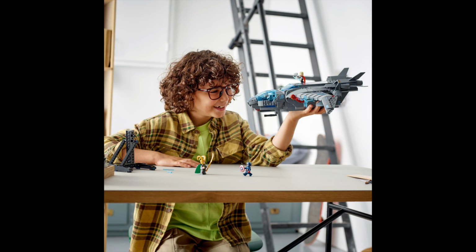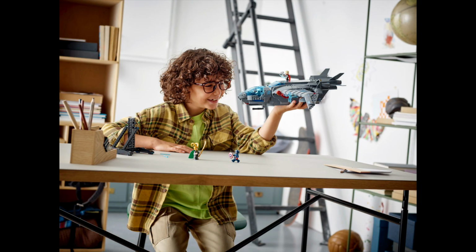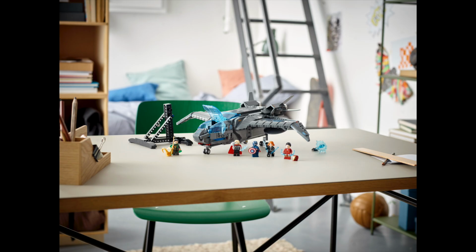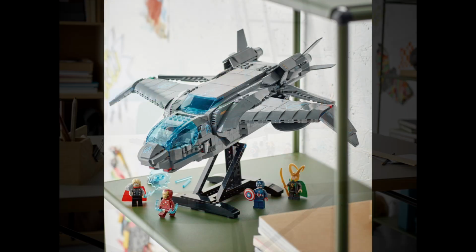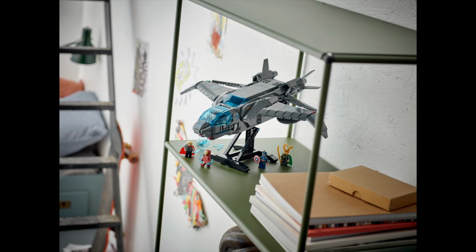Even Black Widow in a new suit as well with arm printing, which is wonderful. So the minifigure selection is fantastic here. Wouldn't have really wanted to ask for anything else. I guess we could have gone for, I don't know, Hawkeye or Hulk, but this is pretty good. If you're only going to include 5 minifigures, these are the 5 to include,